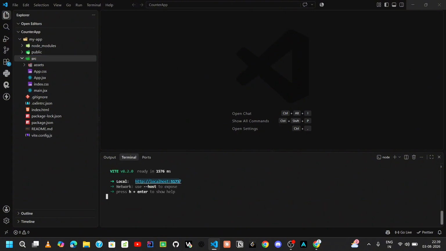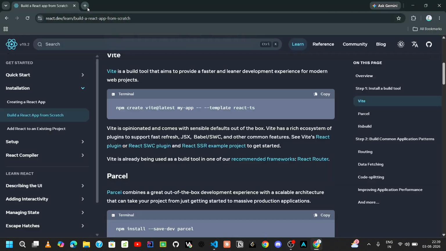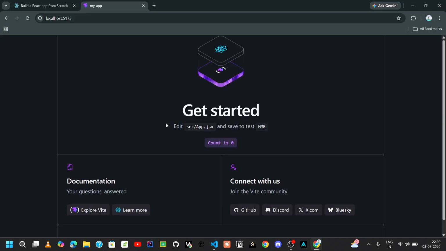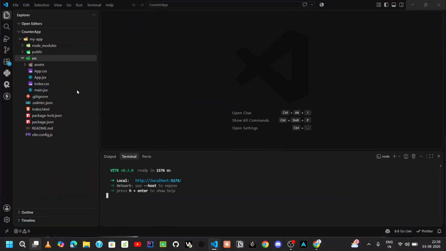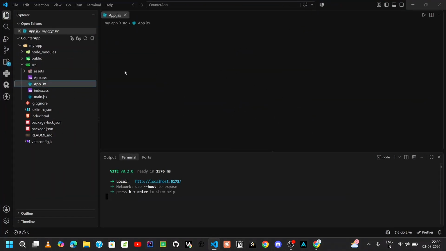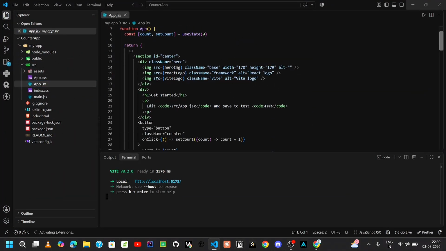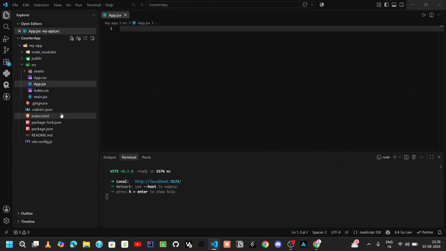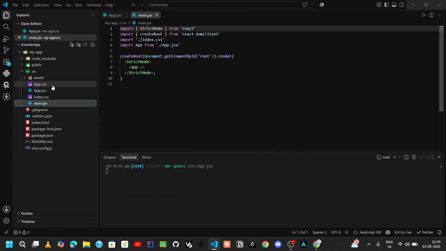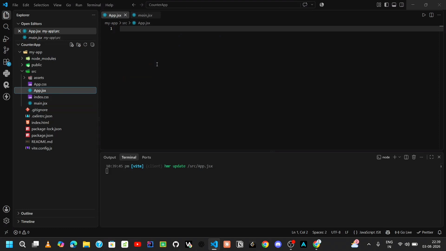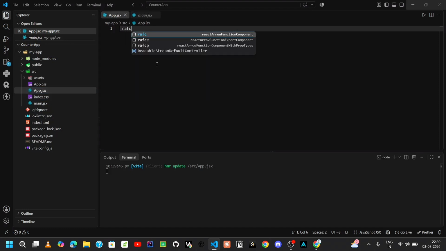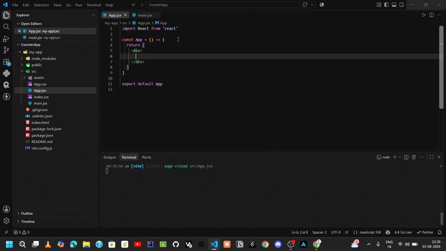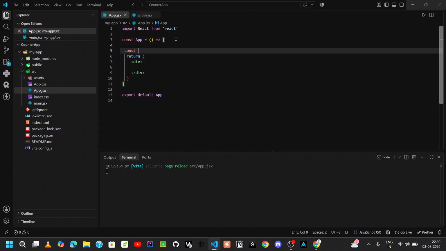Here you can see this localhost. We can visit this localhost, and yeah, you can see here we are going to build a simple counter app basically. So just remove all these files from the app.jsx. Here you can use RAFC for the boilerplate of React, and we are going to use state